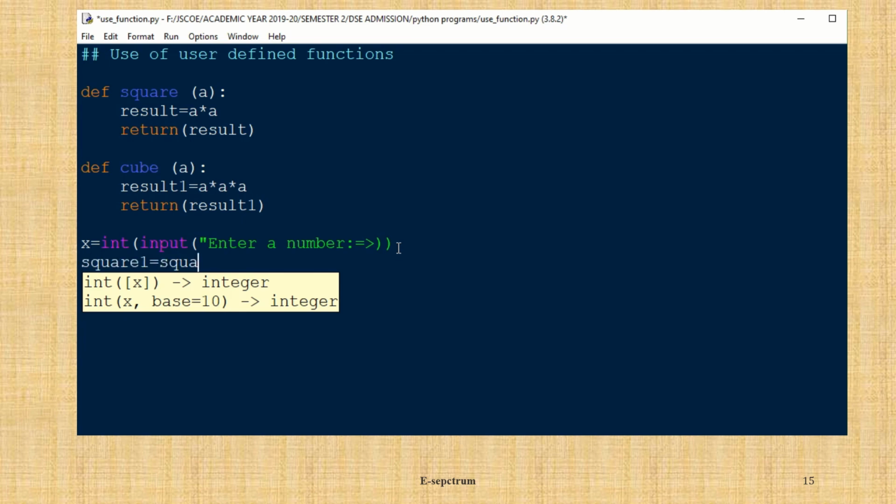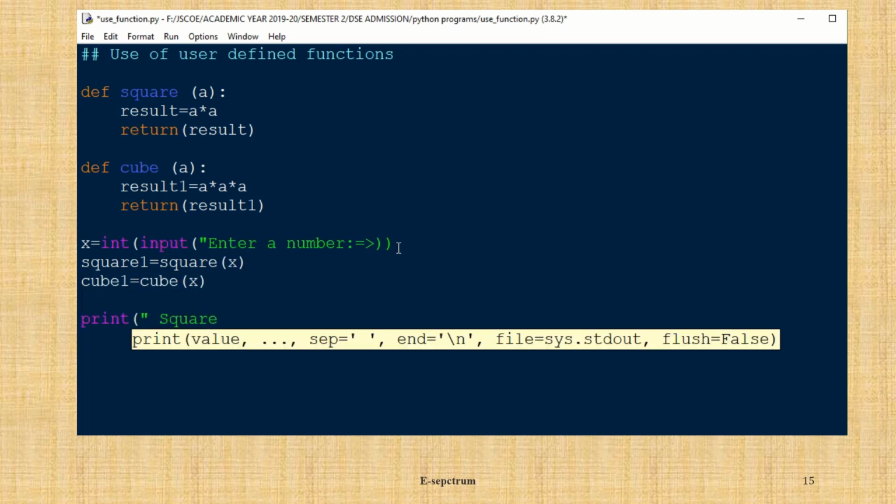It is square, square of. Now I want to display the actual number also here. So the syntax is square bracket, curly brackets complete, double quotes complete. Then I want to print the square of x is cube also.